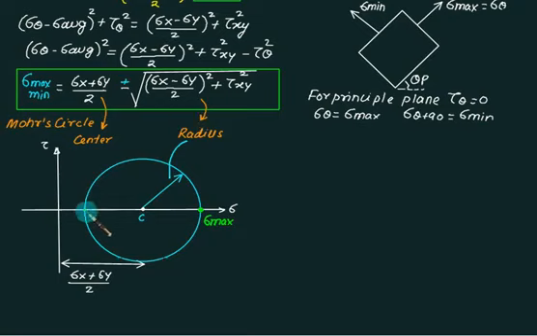At the same time, he says that if your circle touches the innermost point, then that value represents sigma min. This is also correct, because this value is (sigma x plus sigma y) by 2, and you have to return back with the radius, that is, you have to take the minus sign. So this value represents sigma min, and this value represents sigma max. So this equation and this equation are one and the same equation. This one is the square root of, and this one is sigma x minus sigma y.